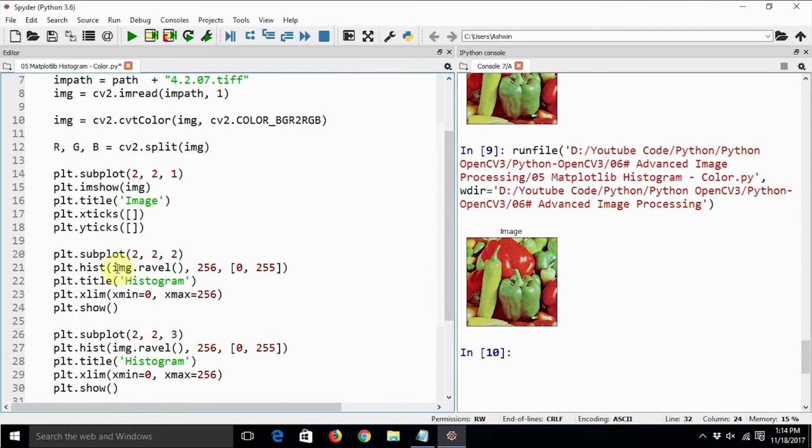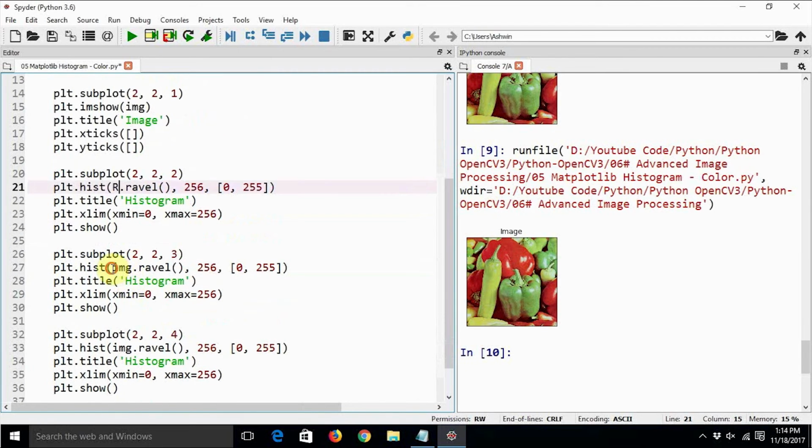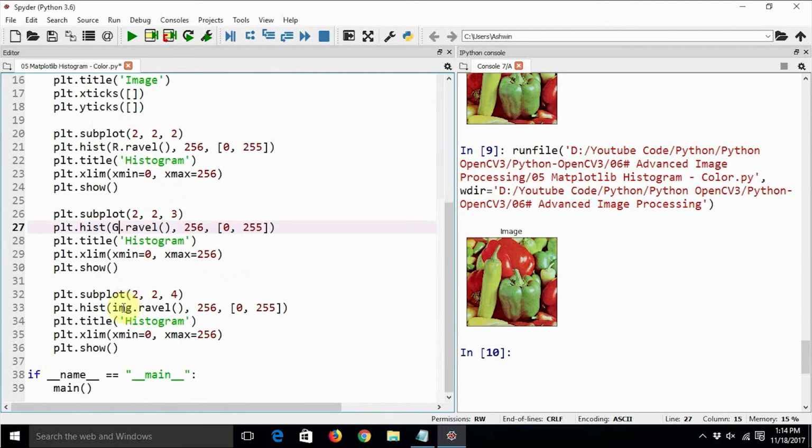So rather than using img here, we are going to say red.ravel, green.ravel, and blue.ravel.